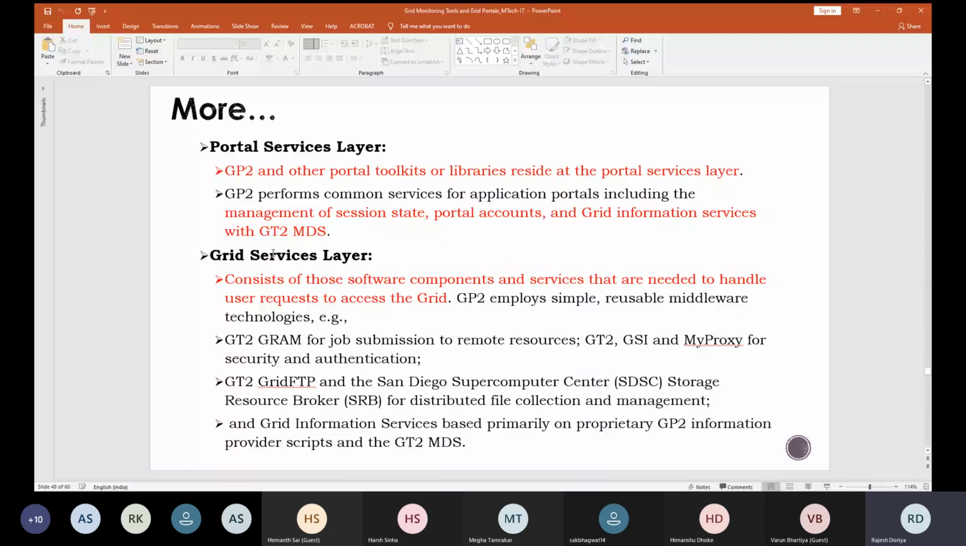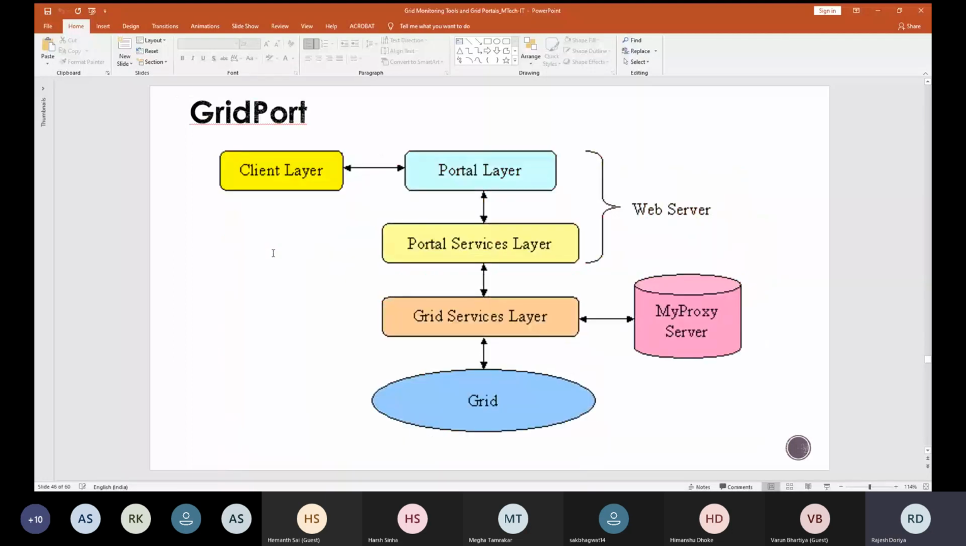Along with that, it also takes care of all the credential services as well. Okay, so in short, we have discussed two types of portals, or the example of two portals. The first one was your GT2 and the other one was GP2. Okay, so these are some of the things,